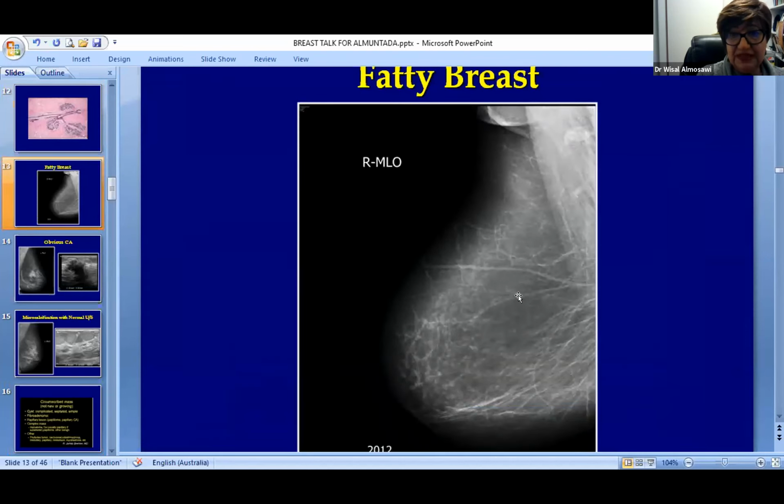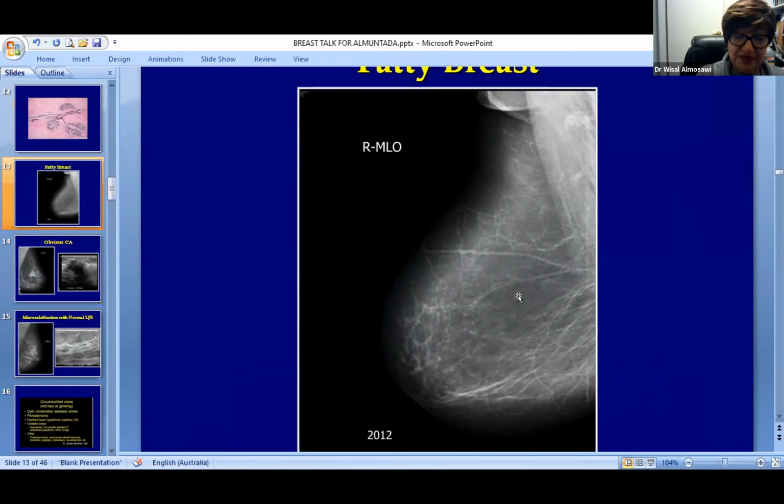Density, we talked about density of the breast, so now it's mandatory for each mammographic report. We mention the density of the breast because it's a very important factor for diagnosis and for missing cancer. So we have a density A, which is a dense fatty breast like this one, and then density B, a bit of scattered glandular tissue, density C, more glandular tissue, and D is when the breast is all white and you see nothing.